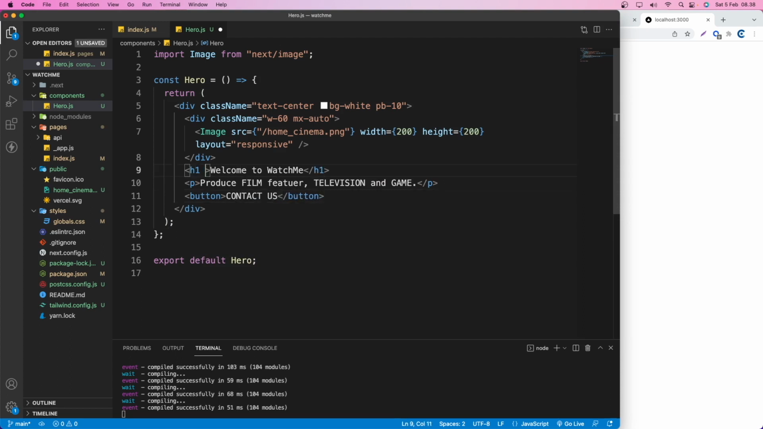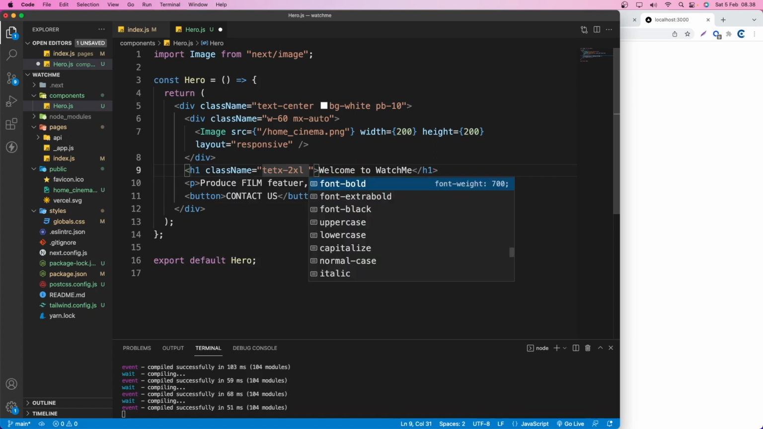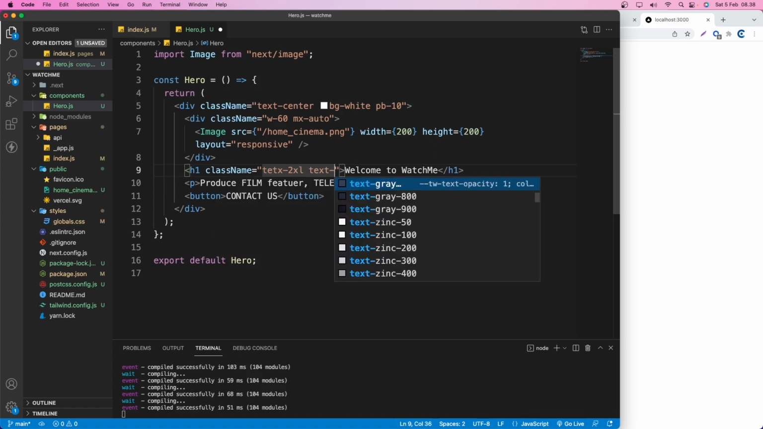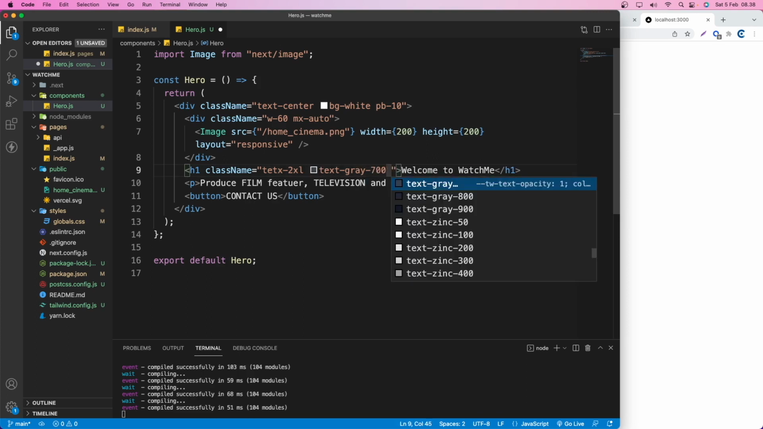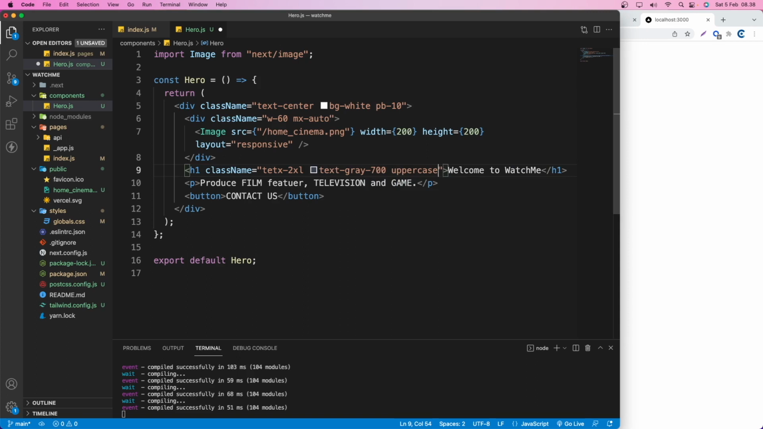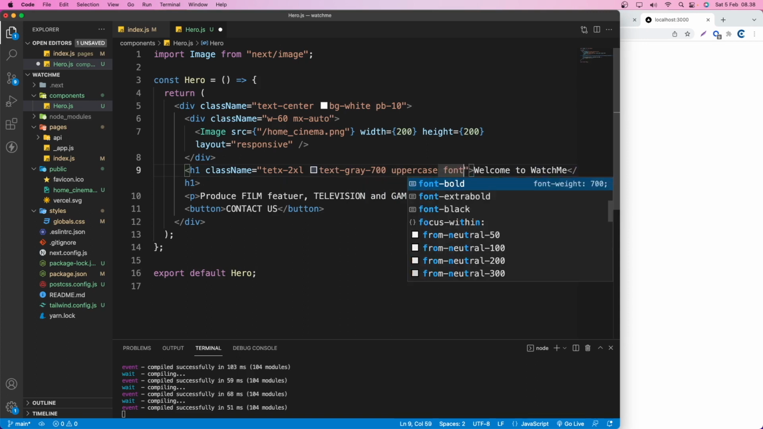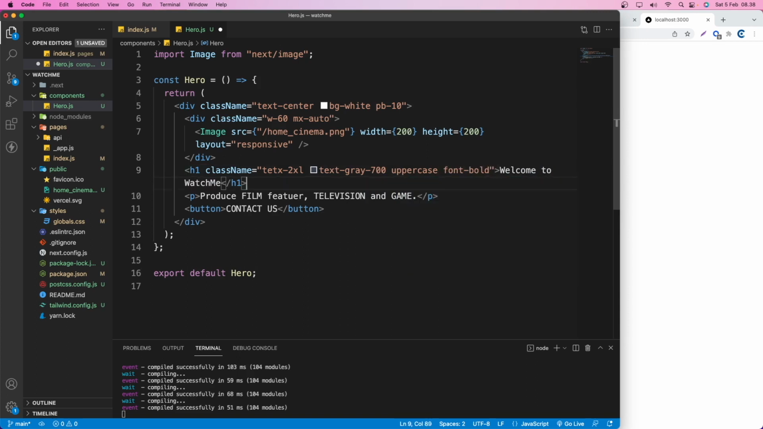So in h1 I'm gonna say className set that equals to the text. I'm gonna make it 2XL, and I'm gonna say text gray 700. Let's say 700, and also I'm gonna change that to uppercase, and the font, let's say bold. All right, and for the p tag, what I'm gonna do is put a className, and the text is